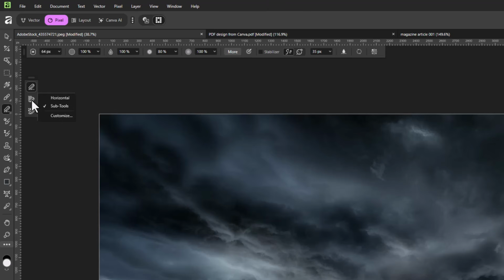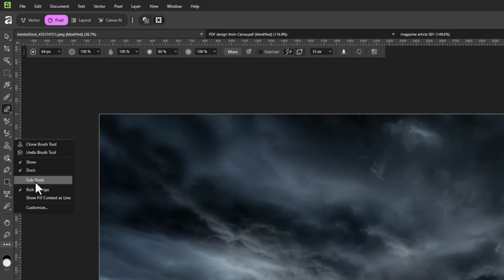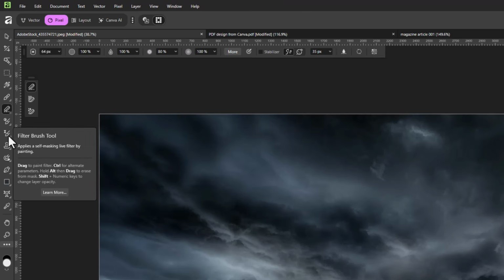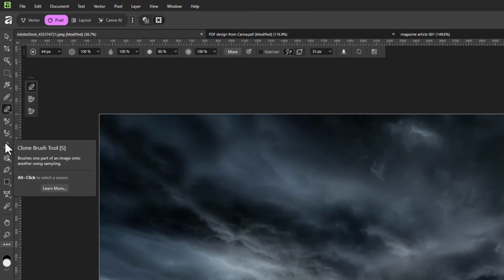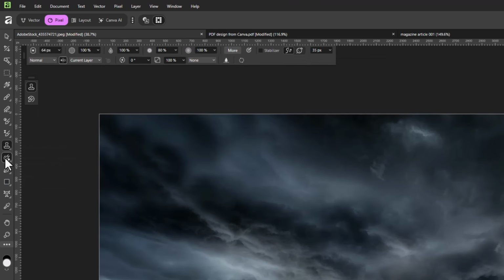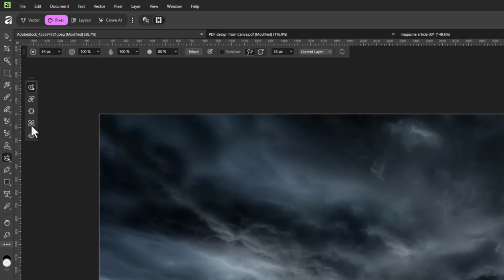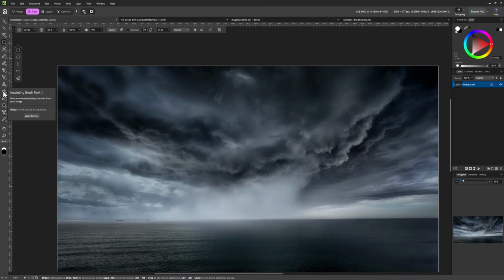If I ever want to hide this, just right click subtools, okay? But this right click subtools trick is very helpful because I hate these little twiddly fly out panels. Like I can barely even see this. So I like to turn on that subtool option so I can just click on the one tool, and I'm going to see the entire tool set here to the right for any tools that are nested under that one icon. So that subtools option, that's really my first big tip when it comes to working with the toolbar